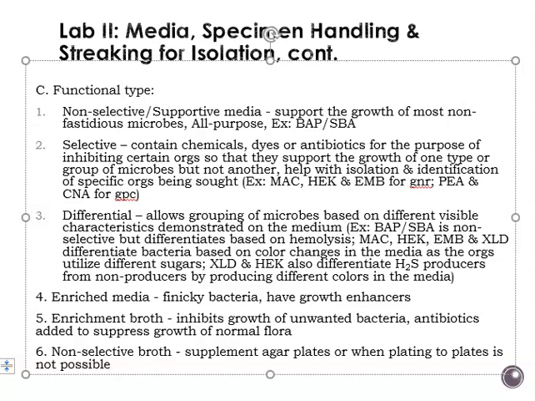Non-selective broth media is used to supplement your agar plates, or if plating to agar media is not possible. So say you have maybe a bone fragment as your specimen that was collected during surgery. Well, you can't streak that bone fragment across the plate. So we have to use our non-selective broth media to initially incubate that fragment of bone. So we put the bone in the broth, let it incubate overnight, and then we would subculture from the broth